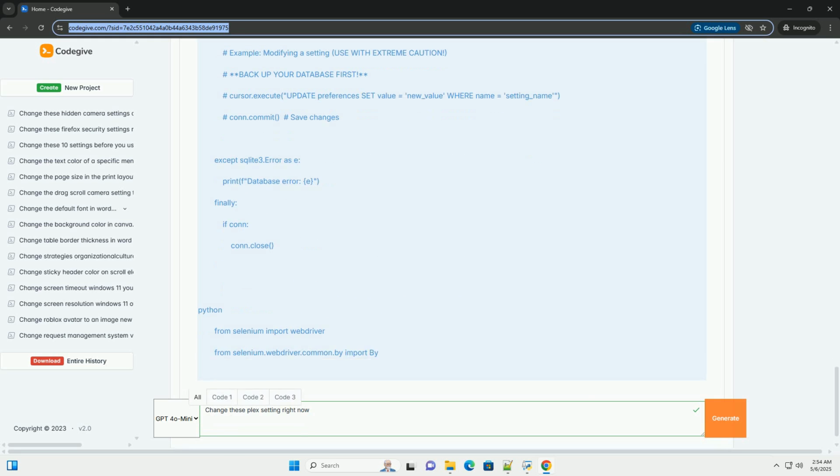Database location. Linux/Docker: /var/lib/plexmediaserver/Library/Application Support/Plex Media Server/Plug-in Support/Databases